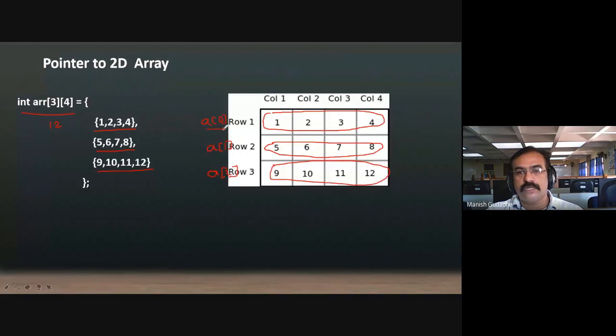So what is the first element of the array? It is row 1. This row is itself an array, but it is the first element of a 2D array. And what is the first element of this 1D array? It is 1. So this way I can consider this as an array of arrays, where each row will be a 1D array in itself. Other way around, what I can take is